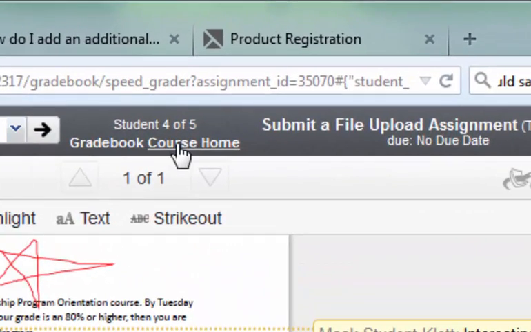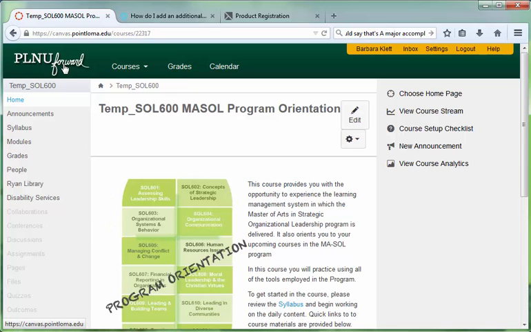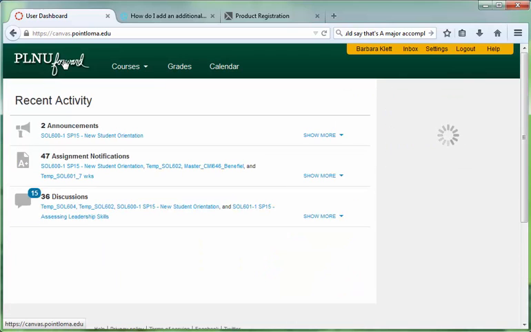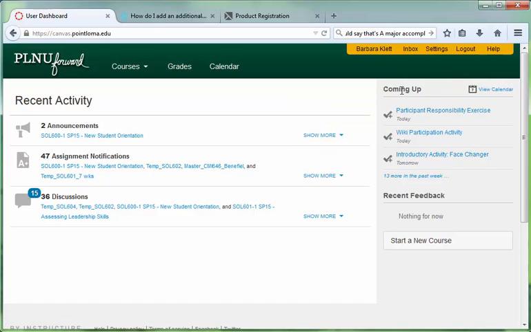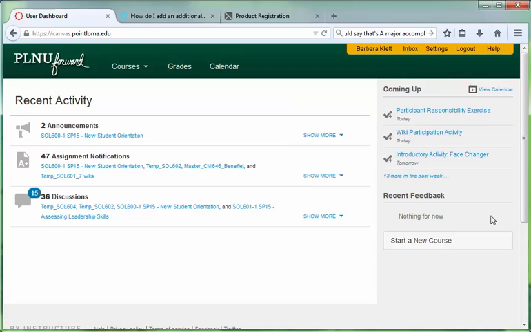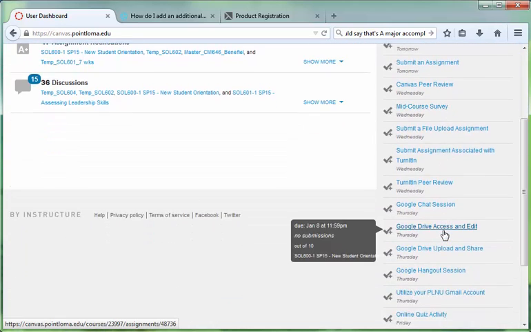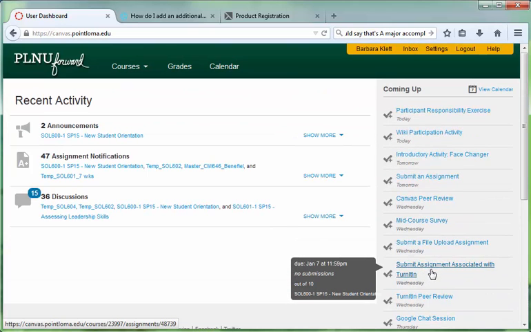So I'm going to click on the course home for this course, and I'll click on PLNU forward to get me back to the entry page for Canvas. Notice on the right hand side it takes a little while for the information to refresh itself. Now notice there's nothing more on my to-do list to do. I can see some things that are coming up. These are things that my students need, and there's some others from the past week. If I click on those, I can see these are additional items coming up, and that helps me with my